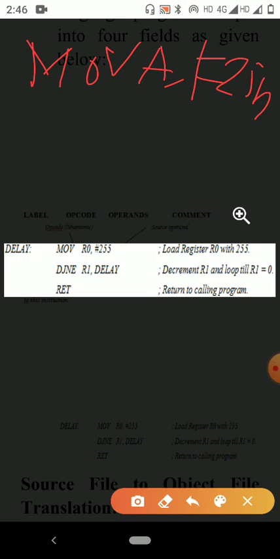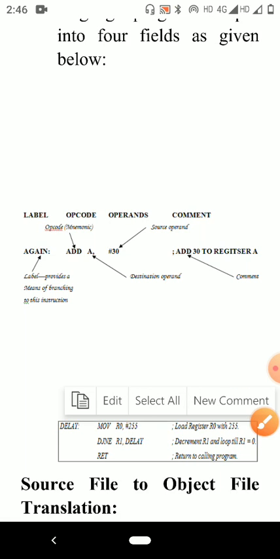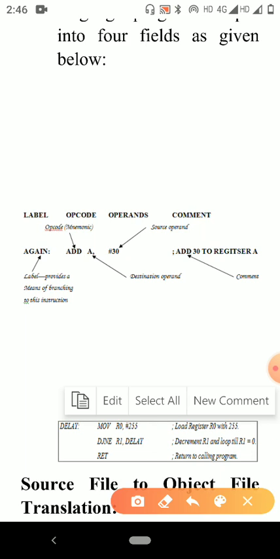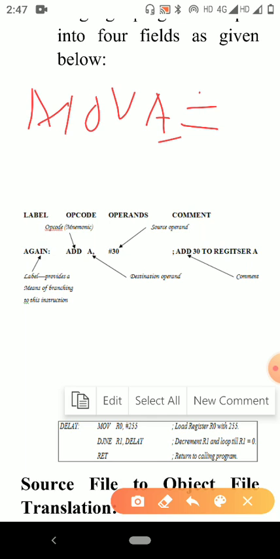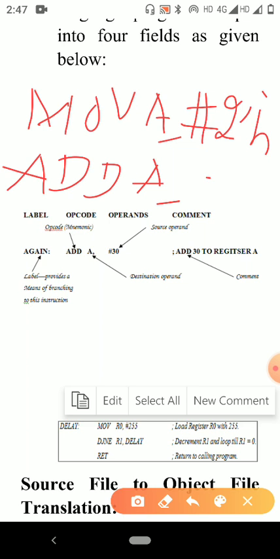Next, after that, ADD A, #10H. So once again, I will write: MOV A, #25H, ADD A, #10H.